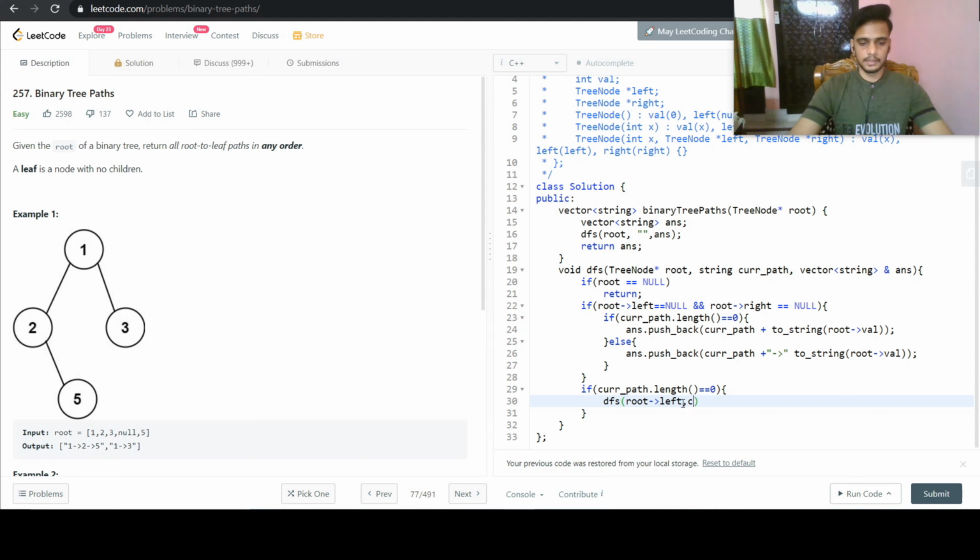So we will just do the DFS with current path similar as here, and the answer vector, and we will do the same for the right child also.